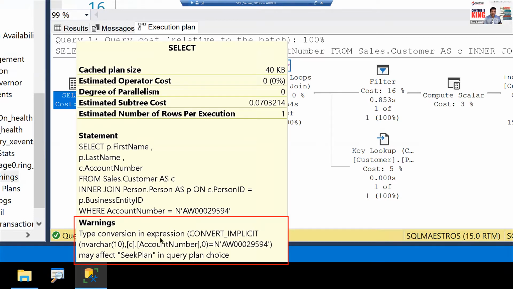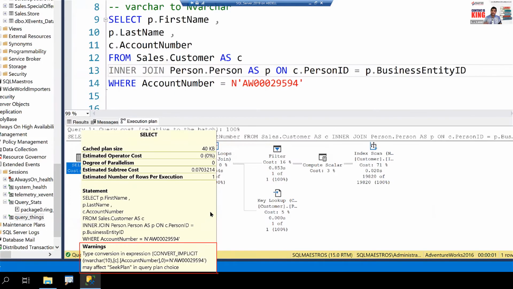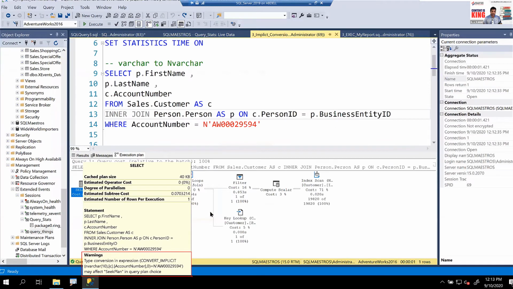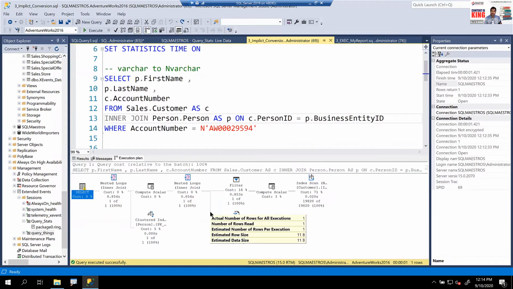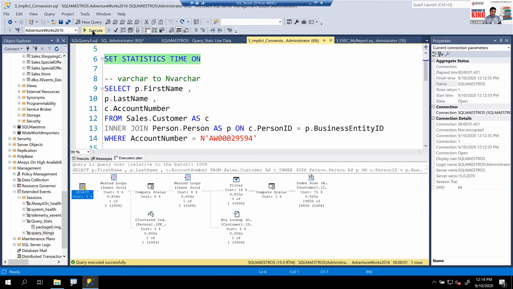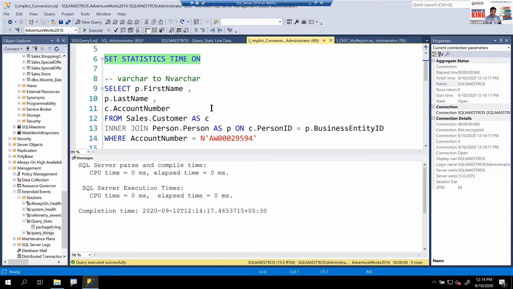Now, the question is, when such things happen, how do you get notification? How do you identify this? Because there are so many different workloads running round the clock, hitting your SQL Server and causing these issues, and you need to be notified about them. But first, let me show you, is this really a performance issue? First, let's check that. So I'm going to turn on set statistics time on to show you how much time this query is taking with implicit conversion versus no conversion or explicit.